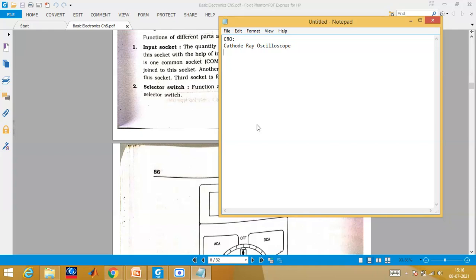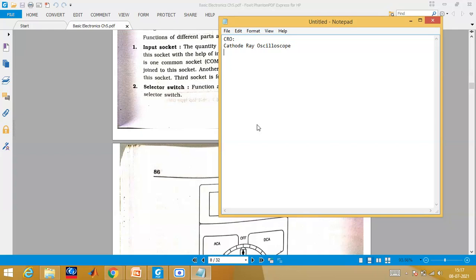Where all the engineering types of circuits, academic types of circuits like full wave, half wave, all the outputs, inputs, everything you can measure. Now, the second question arises: whether the CRO is an input section, an output section, or an output module. You must understand that CRO is nothing but a monitor screen, where you will have two types of plates, horizontal plate and vertical plate. You will have the electron gun.